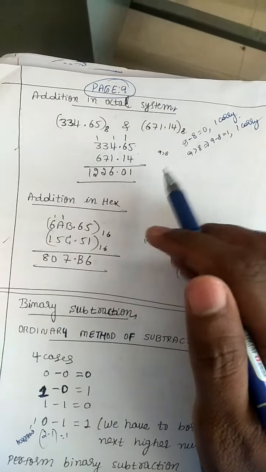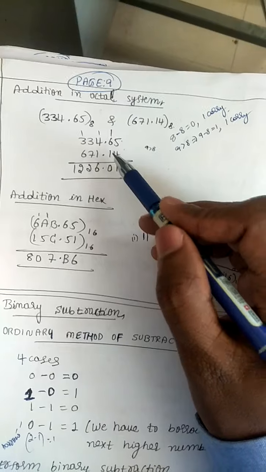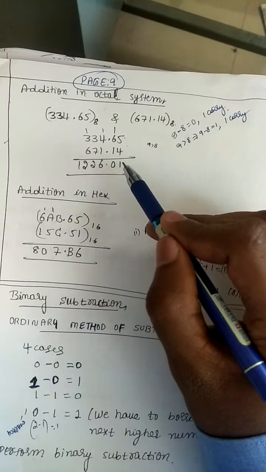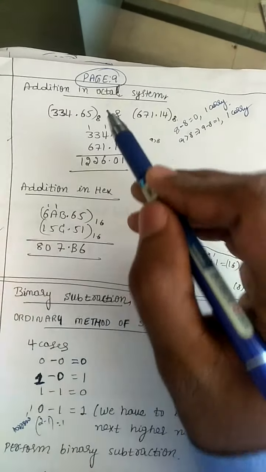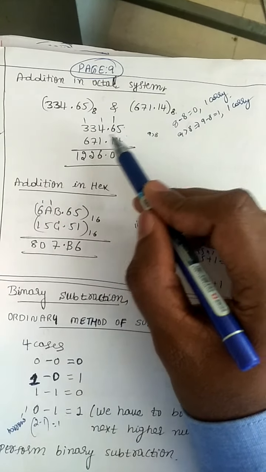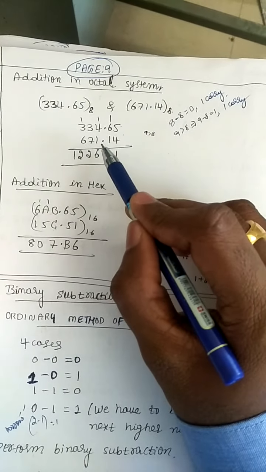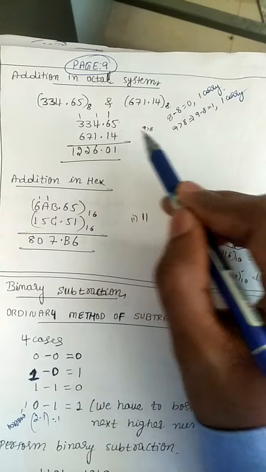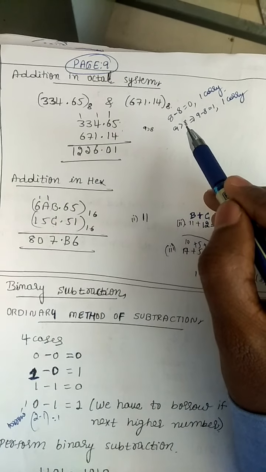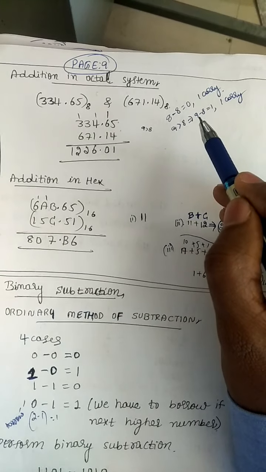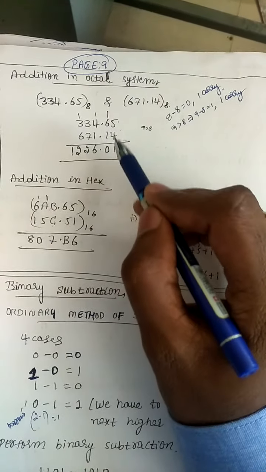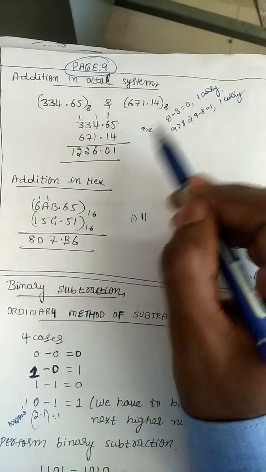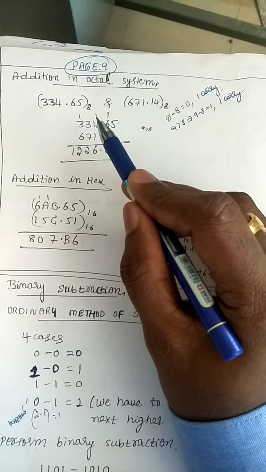If you come to addition in octal systems, if the number is greater than 8, then you have to subtract 8 from that number, then the remainder you have to write in the solution part. For example, here they have taken two octal numbers, 334.65 and 671.14. You have to do octal addition. 5 plus 4 means 9. Here 9 is greater than 8. Therefore you have to subtract 8 from 9. Then you will get 1. Then the carry will be 1. 6 plus 7, 13, 13 minus 8, 5...